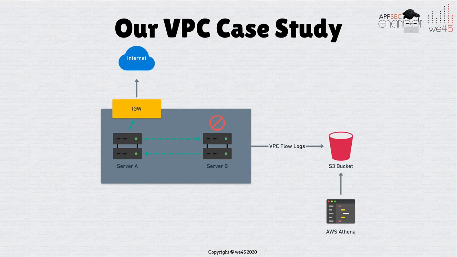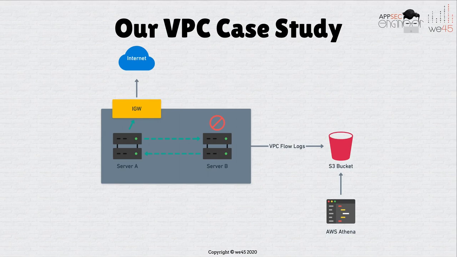But the idea here is to first look at VPC flow logs and see how we can use a service to determine these kinds of security exceptions or anomalies, and then maybe we can take some action around patching it or putting it in a private subnet and restricting it with additional security groups and so on. So this is our case study.